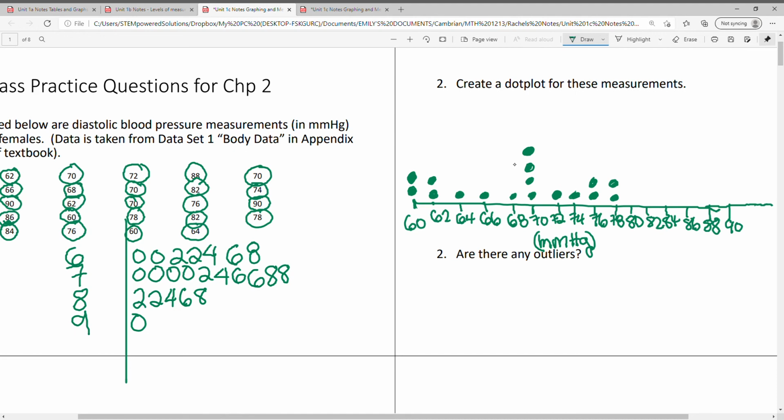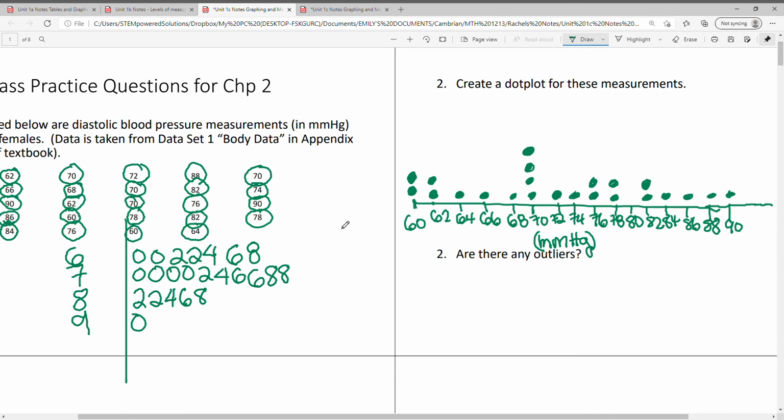80, there are 0, so I'll leave that blank. 82, there are 2 dots, or 2 people that have that blood pressure. Then 84, there's 1 dot. 86, 1 dot. 88, 1 dot as well, and 90, 1 dot. So that, ladies and gentlemen, is how to create a dot plot. And we also used a stem and leaf plot in order to organize our data and to visually represent it